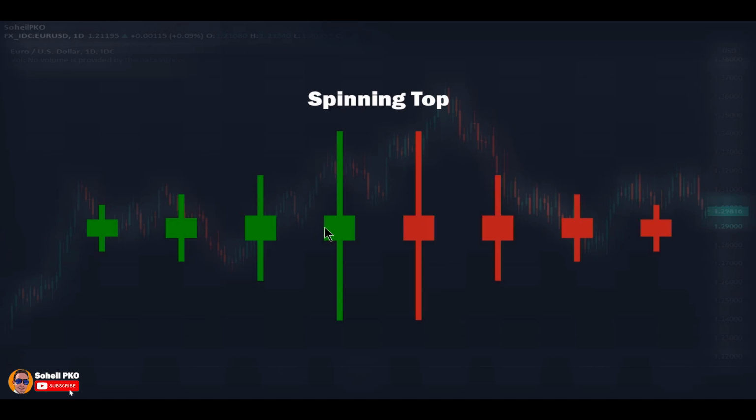Also, the color of the body doesn't matter because we have a small movement from open to close, which is not considerable. Spinning top shows a tug of war and a kind of indecision and a standoff between forces of buyers and sellers. In the case of long shadows, it shows that both buyers and sellers were active during the session and could drive the price up or down considerably, but none of them could take control of the price, and the result was a standoff. Spinning tops are neutral and they don't mean anything but indecision. The smaller the body and the shorter the shadows, the greater is the amount of indecision.